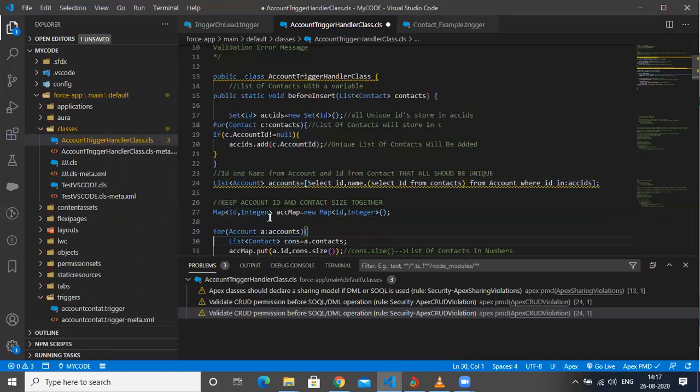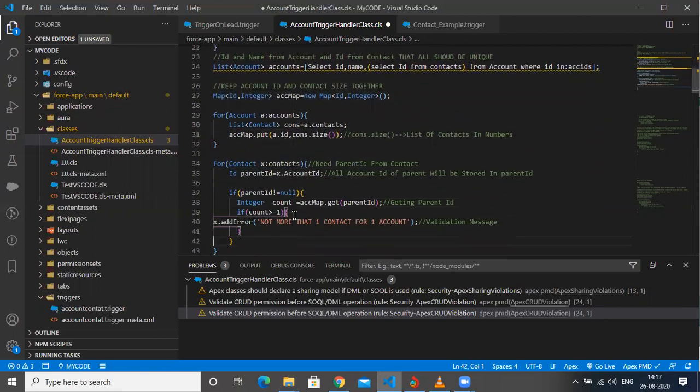Next, once I done all this, now I need a map. Why I need a map? Because I need to check that whether the account ID and contact size should be mapped. So keeping that in mind, I use this map.